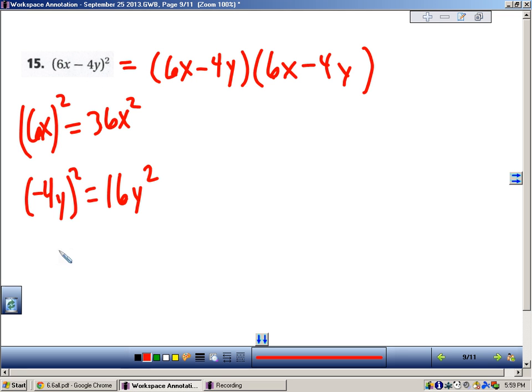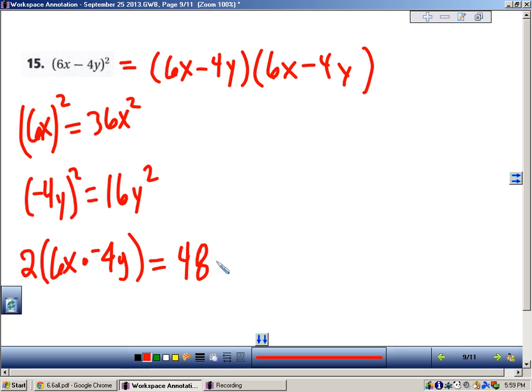This is going to be a negative answer, so it's going to be 2 times the first term and the last term. And so I would get negative 24xy, double that, 48xy negative. So my solution is